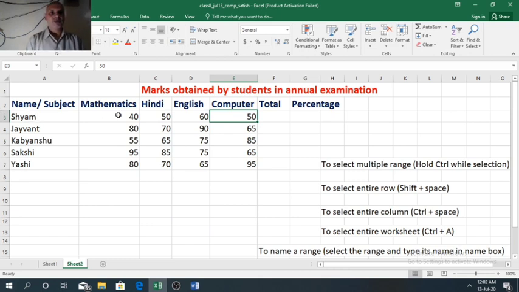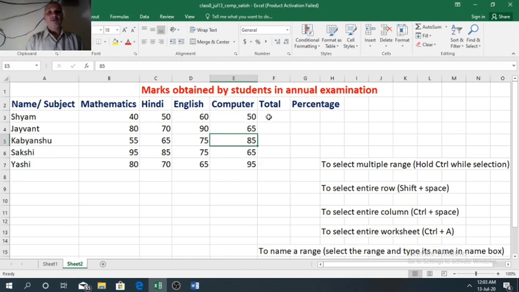So Shyam has scored these marks. Similarly, Jayavant has scored 80, 70, 90, 65. Kavyanshu has scored 55, 65, 75 and 85. Similarly, Sakshi and Yashi have got these marks in 4 subjects, that is maths, Hindi, English and computer.